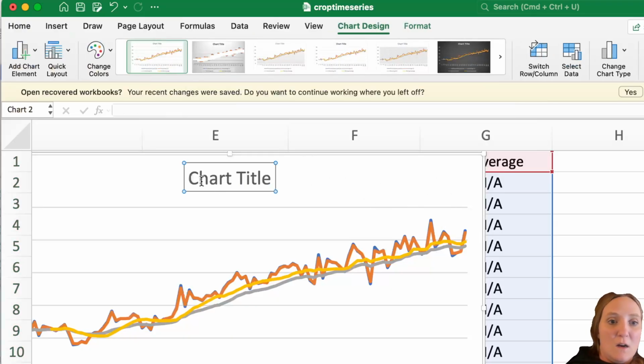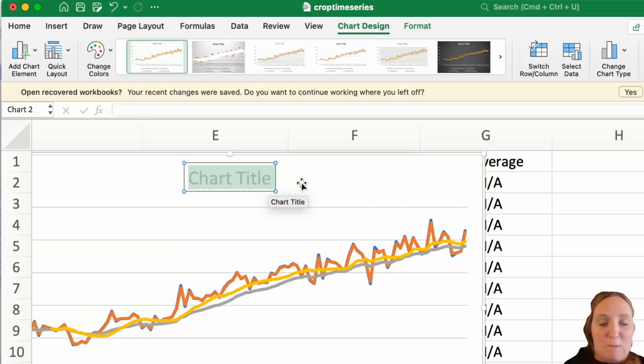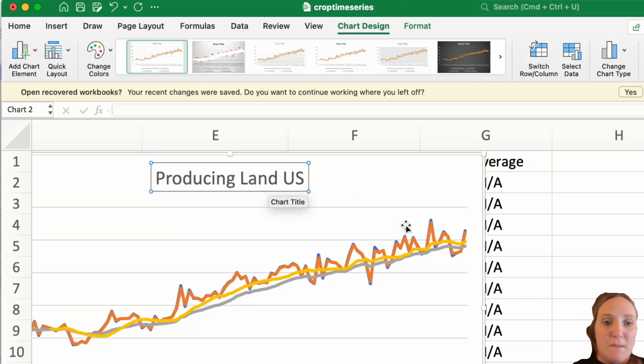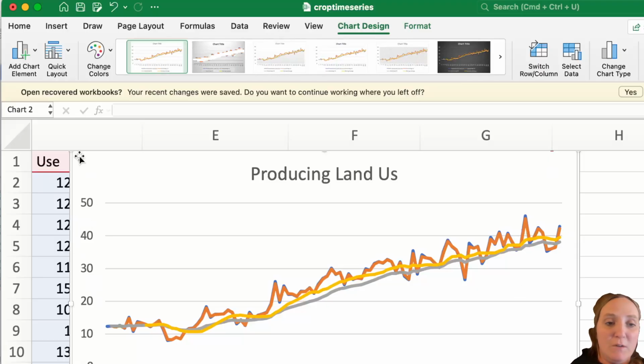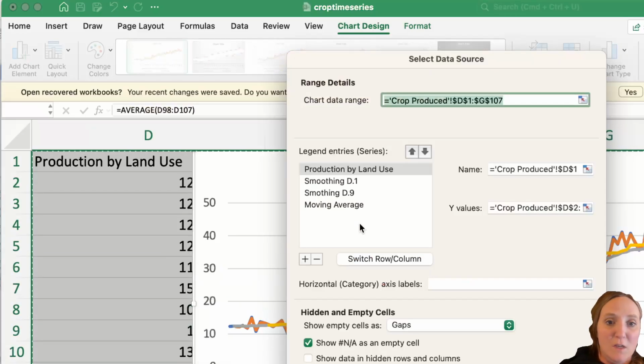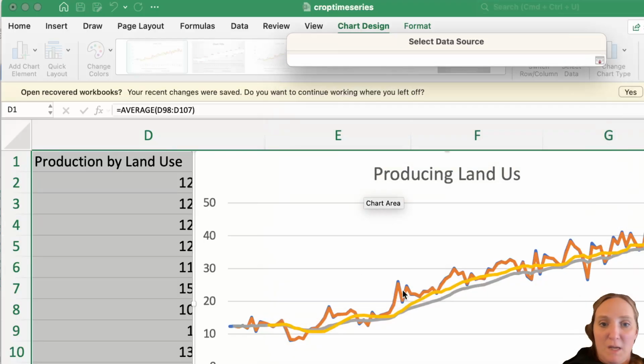So here's our graphical representation, production by land use. We can see that same kind of graph, just with different magnitudes. We can actually fix this bottom part where it's 1, 2 for 105 years. You can fix that by telling it